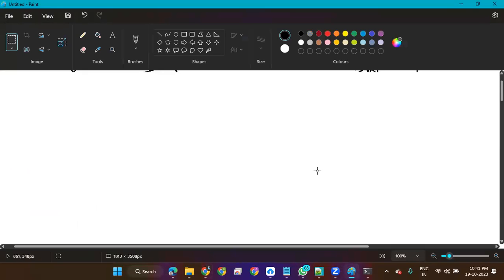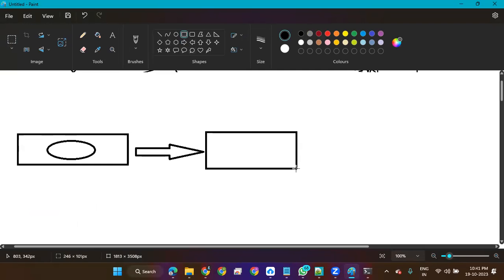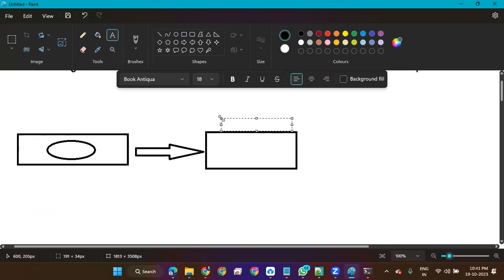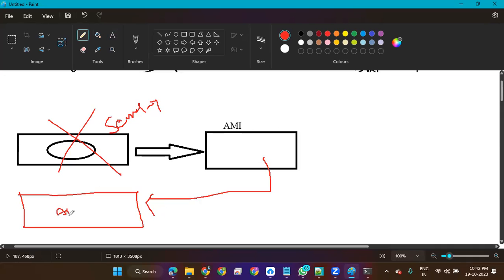Now what I'll do: I have created a server, deployed the app, and I took an AMI. So this is an AMI. Now I'll go and terminate this server, and I have to create a new server from this AMI, and the application should work without logging into the server.